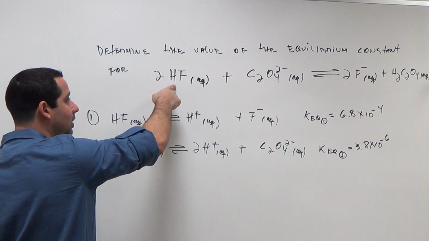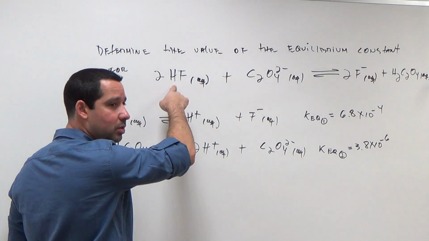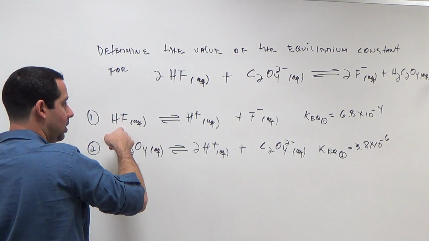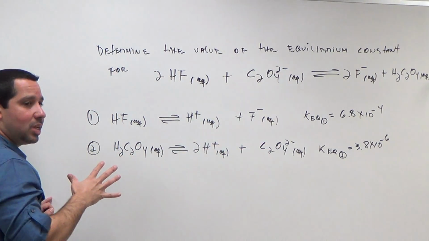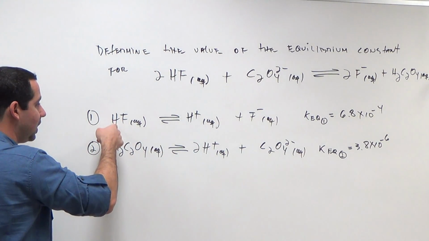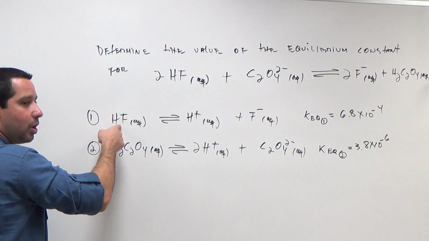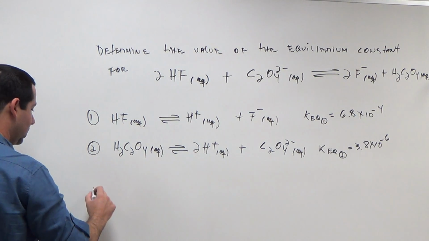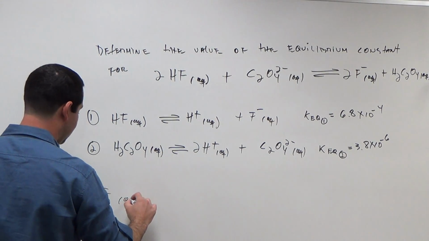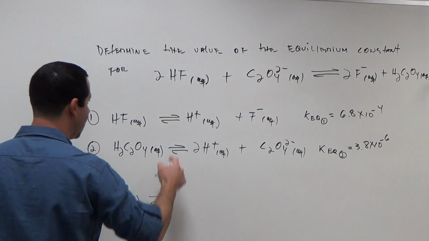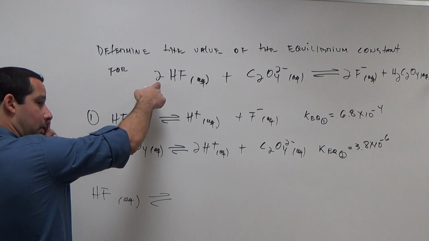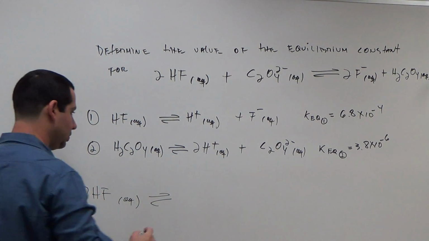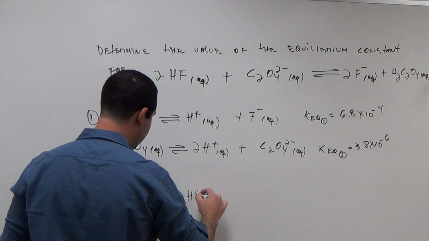HF, is it a reactant or a product in the reaction that I want? It is a reactant. Here's HF, because there is only HF on one side and only in one equation. This HF should be a reactant. Now, I need to have what in front of this HF? I need to have a 2. So I'm going to multiply this by 2. And this will be 2H plus